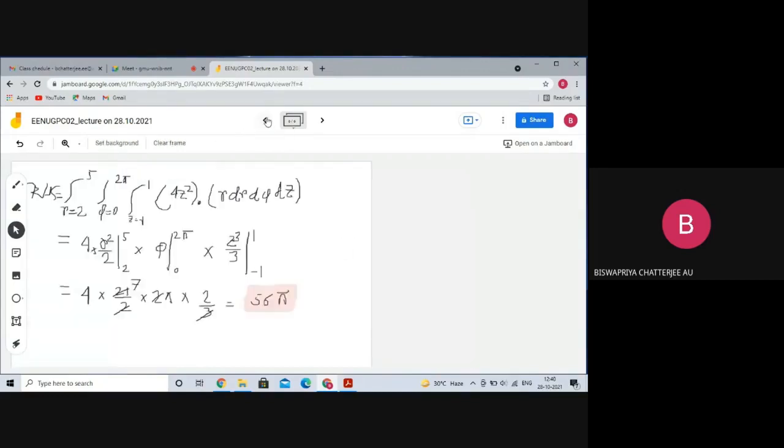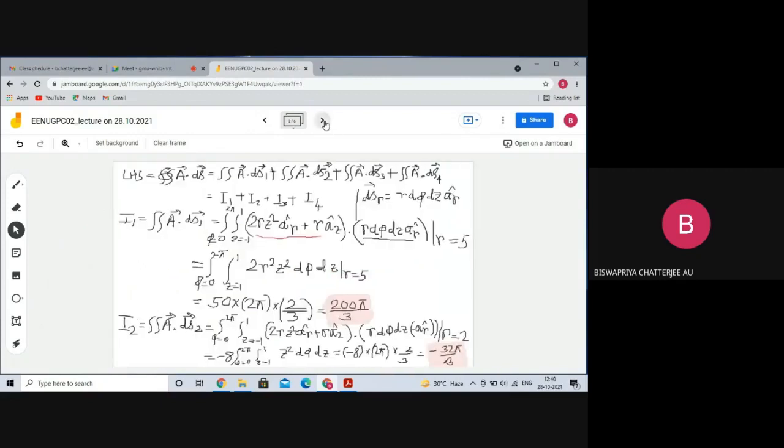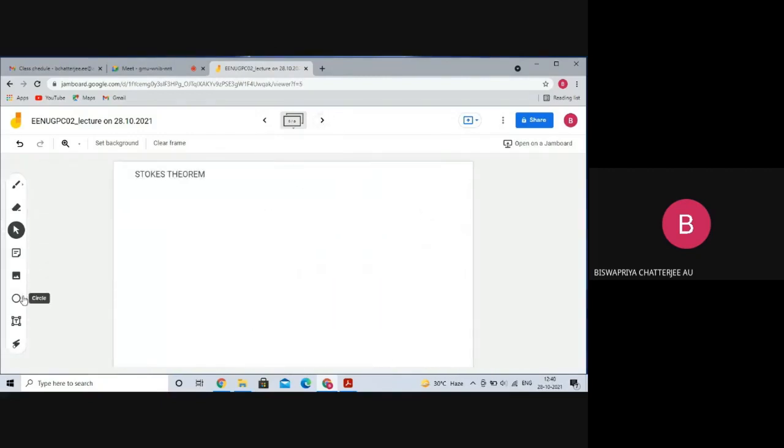Now, in case of divergence theorem, the statement was the integral of A dot dS equals the integral of del dot A dV. So it is relating surface integral to the volume integral. Now, in case of Stokes theorem, it will relate line integral to surface integral. So the statement is like this: